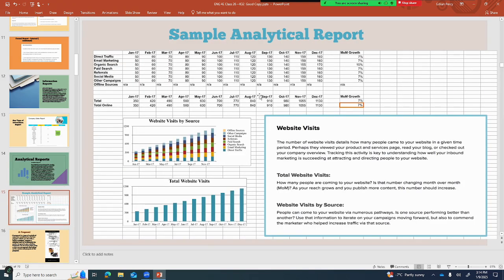So here's a sample analytical report. This one is talking about websites. Here it's looking at where the people came from when they came to the site: email marketing, paid search, referrals. It's looking at it on a certain day, talking about total by source. This is the kind of thing where you would be able to look at this and make decisions about marketing, or where you want to invest your time and your money, what's working well for you, what's not.